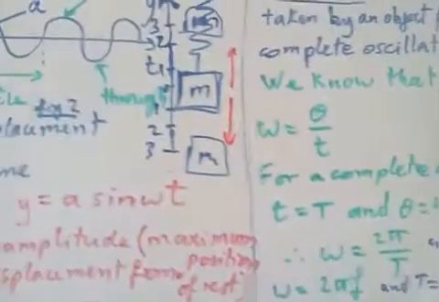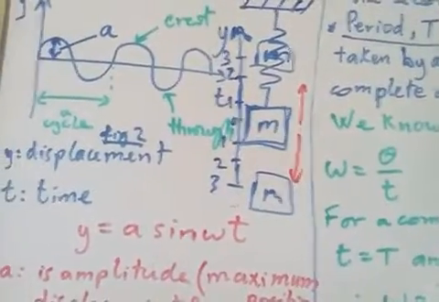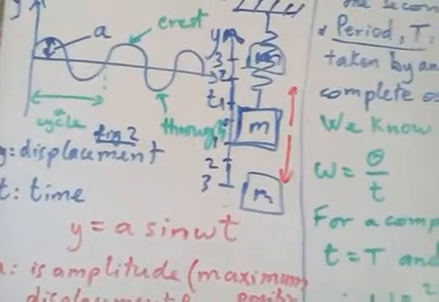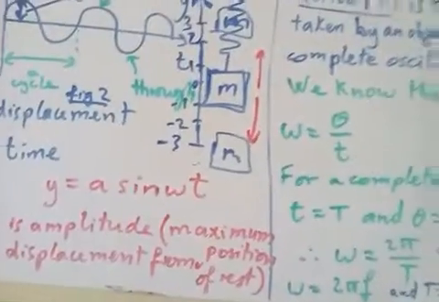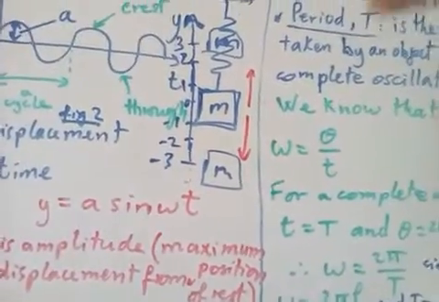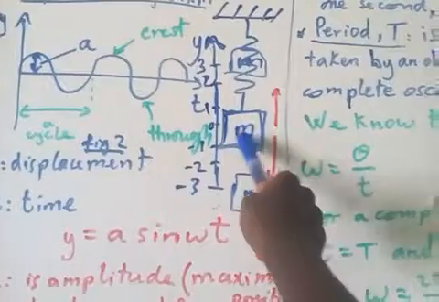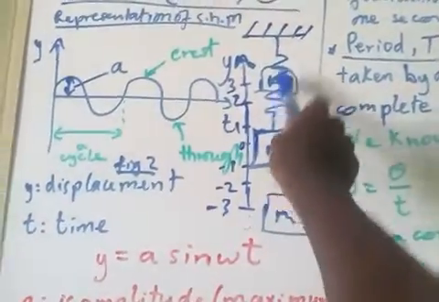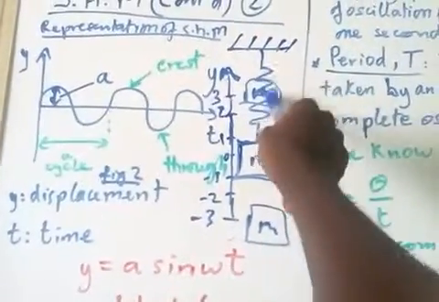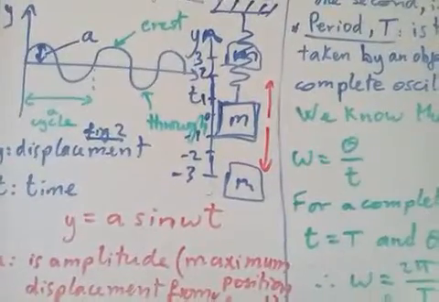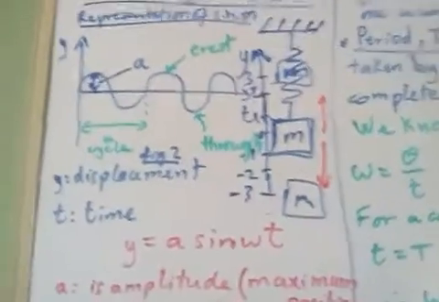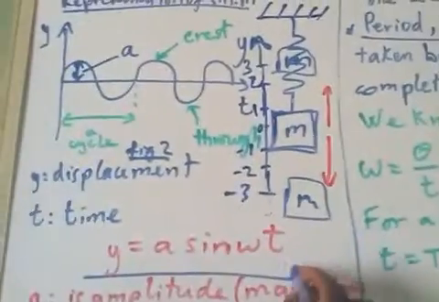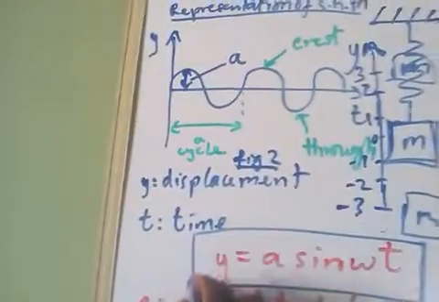Because the object is moving up and down from, let's say, -3 to -2, from -2 to -1, then to 0, from 0 to 1, from 1 to 2 and to 3, and back down 3, 2, 1, 0, and so on and so forth. So there is a simple harmonic motion. Then this simple harmonic motion can be represented by this formula, the general formula for simple harmonic motion, the general